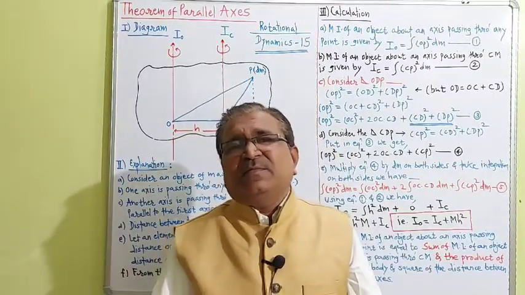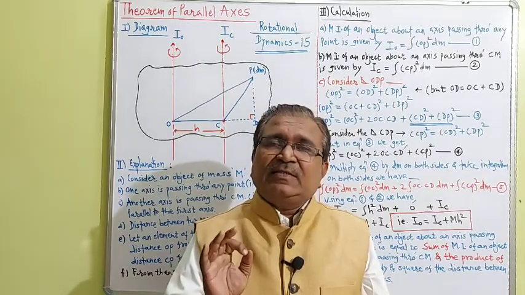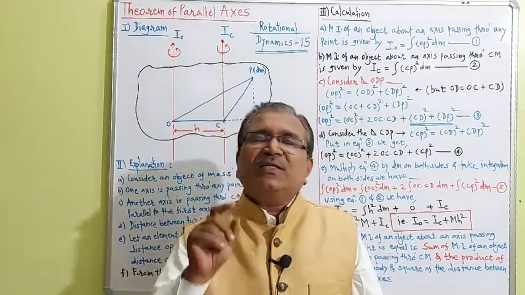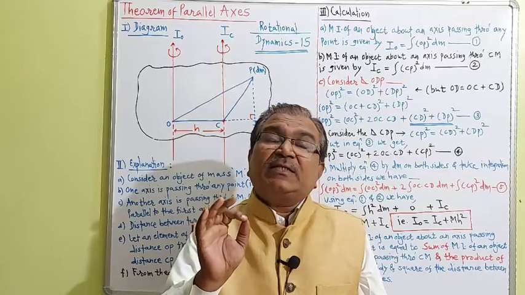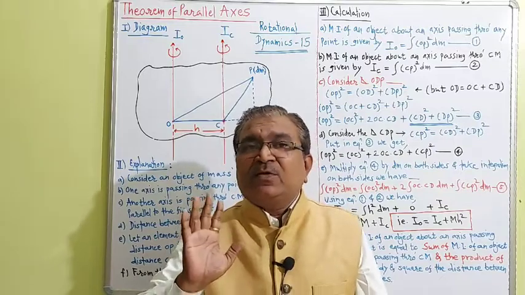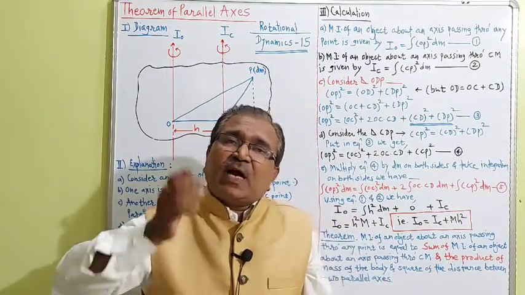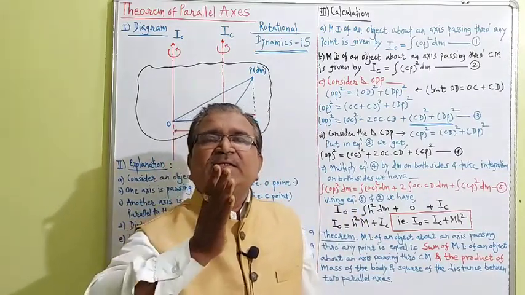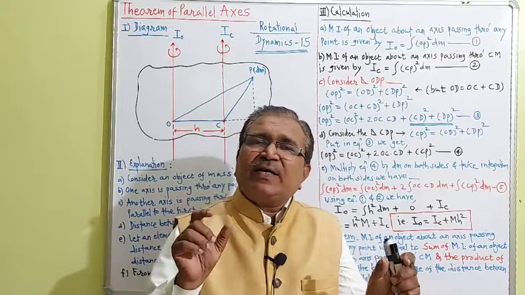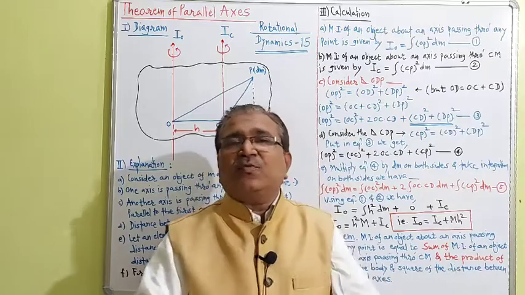Very, very simple. In this way, if the question asked from an examination point of view is to state and explain the principle of parallel axis, or state and explain the theorem of parallel axis, don't write the principle at the starting point. Prove the equation at first. IO is equal to IC plus MH square. What is IO? What is IC? What is H square? What is capital M? Remind all that and write down the theorem by making use of the equation.